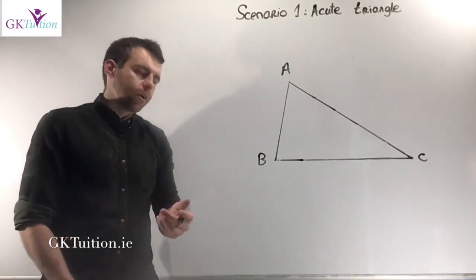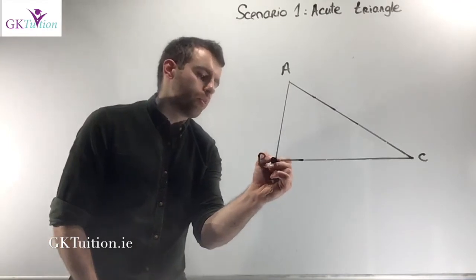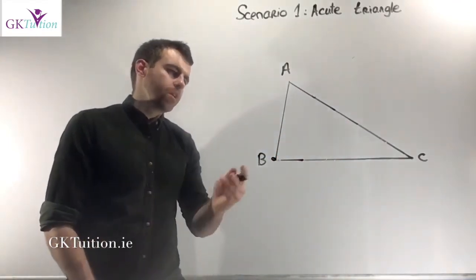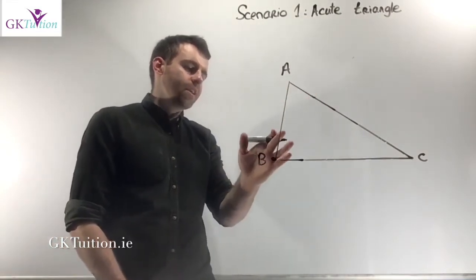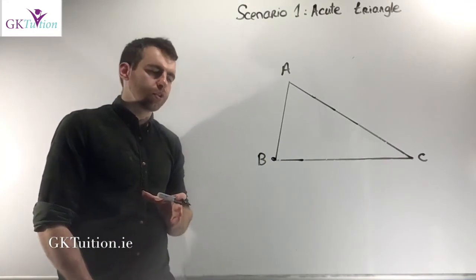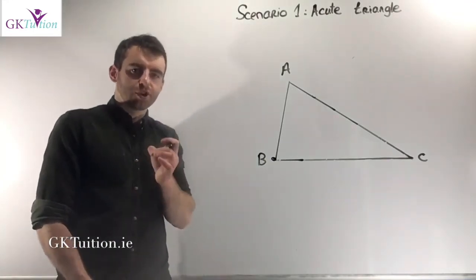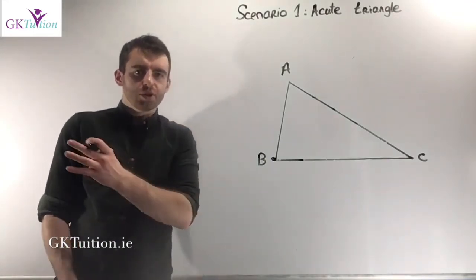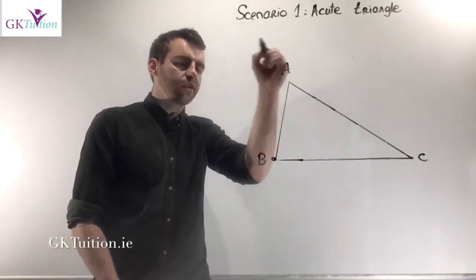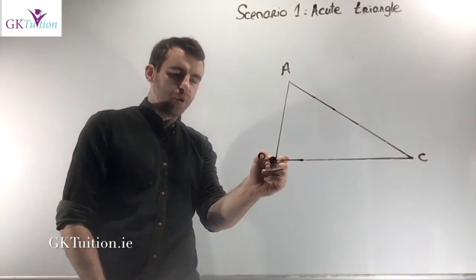The first altitude I'm going to try and find, it goes through the point B and is perpendicular to the line AC. So it has to be perpendicular to AC and it has to go through this point. In order to carry out this construction, we need to think of construction number 3. In construction number 3, we drew a line perpendicular to a given line going through a different point that wasn't